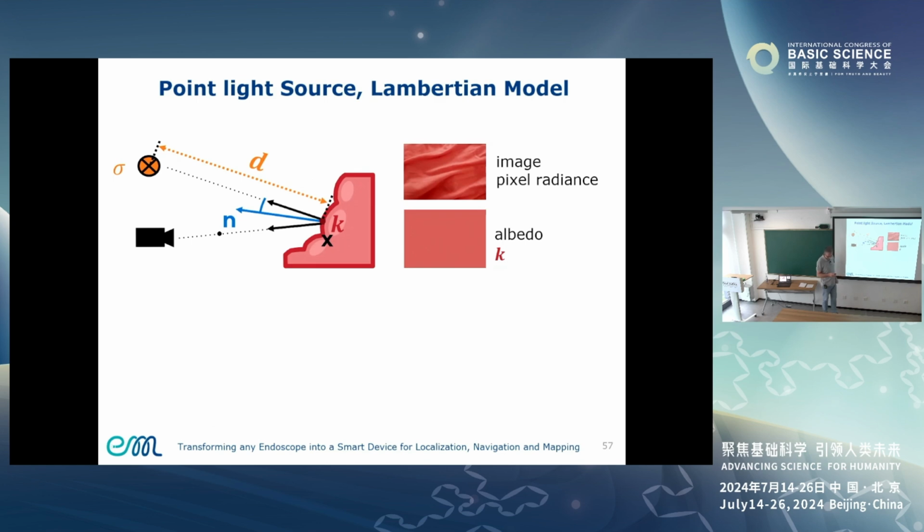A very simplistic light equation says that the intensity, the radiance that you get in a pixel, depends on how intense the light source is, how far the light source is with respect to the surface that you are observing, and the angle between the ray and the normal of the surface. The important thing for me here is that when the light is fixed and the camera is moving, the amount of light that you get from a scene point is independent of the camera position. Because of that, when I take a picture, I don't have explicit information about the depth of the objects. However,